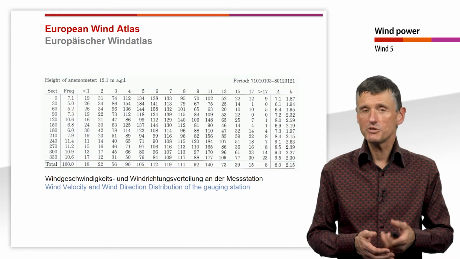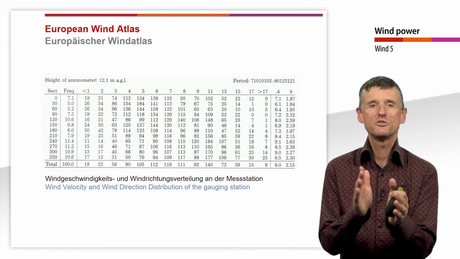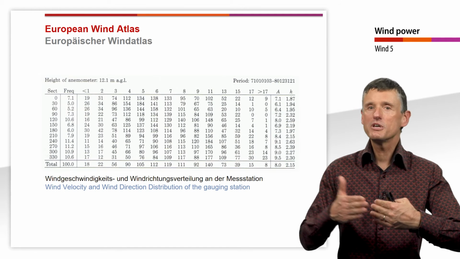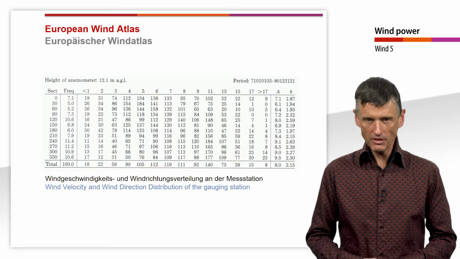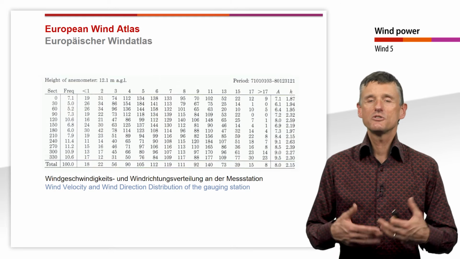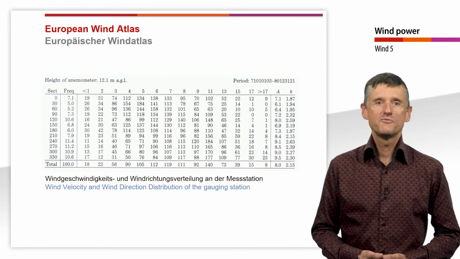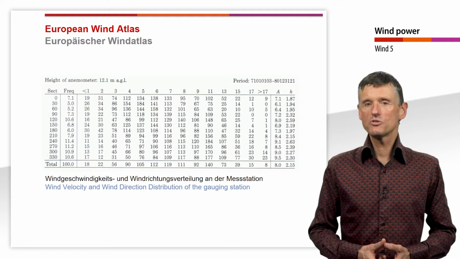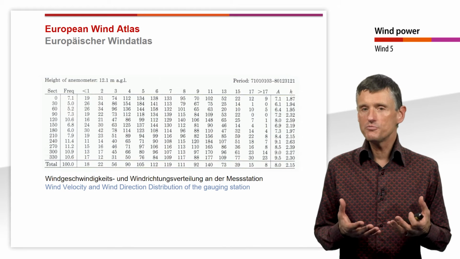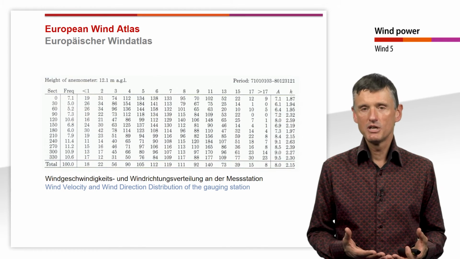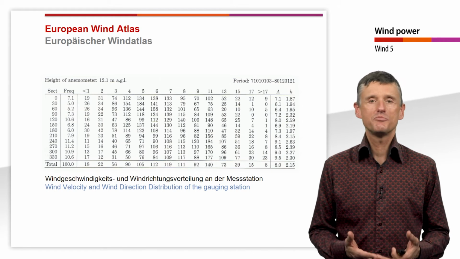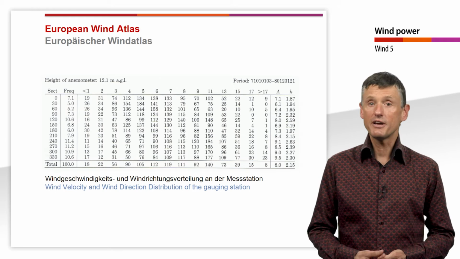So the first one is between 0 and 1 meter per second, then 1 and 2 meters per second, and the last one, those occurrences that are bigger than 17 meters per second. And on the complete right, we see then just A and K. We see the two Weibull parameters for each sector. And when we look to the complete lower right, we have the Weibull parameters for the measurement station at Sylt in this location, where A is 8 meters per second and K is 2.15.